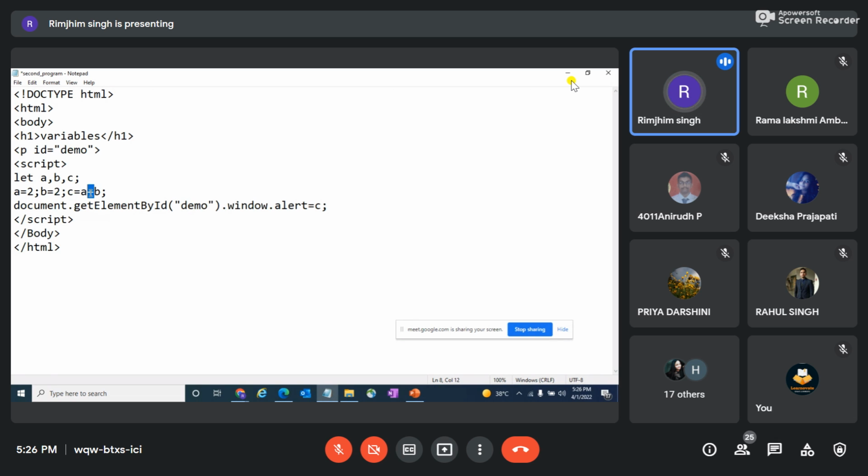This is an arithmetic operator, as I told you, and then I have used document.getElementById, and I'm calling my id here. As I told you, we can print my output using innerHTML, console.log or window.alert. So here I'm using window.alert, and then let's save it.